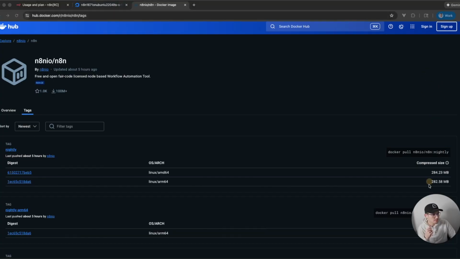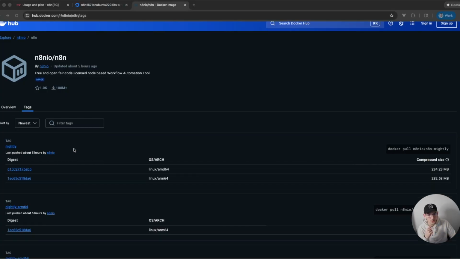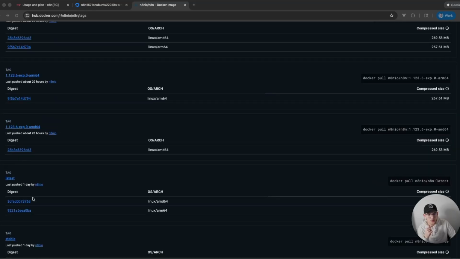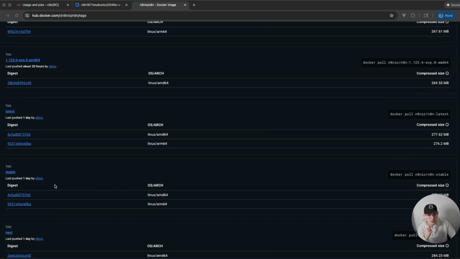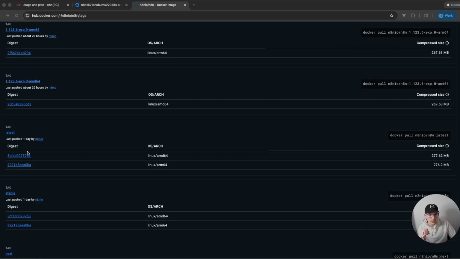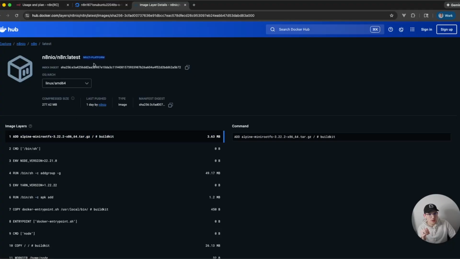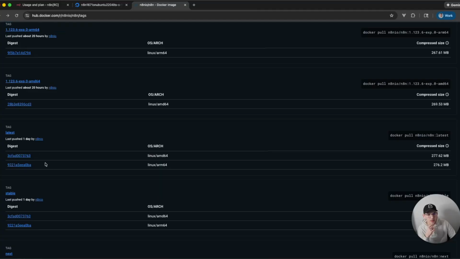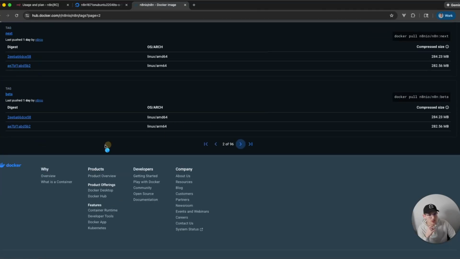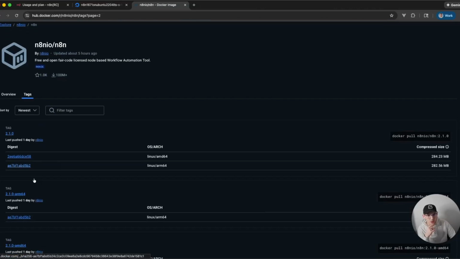Notice here it'll show you what you're able to call for these tags. What we're going to go down to is, notice there's latest, then there's stable, and there's next, and there's beta. So you can look at these digests. These are actually hashes. If you click on these, it'll show you this is their SHA-256. And if you keep going this way, you can actually match those numbers with